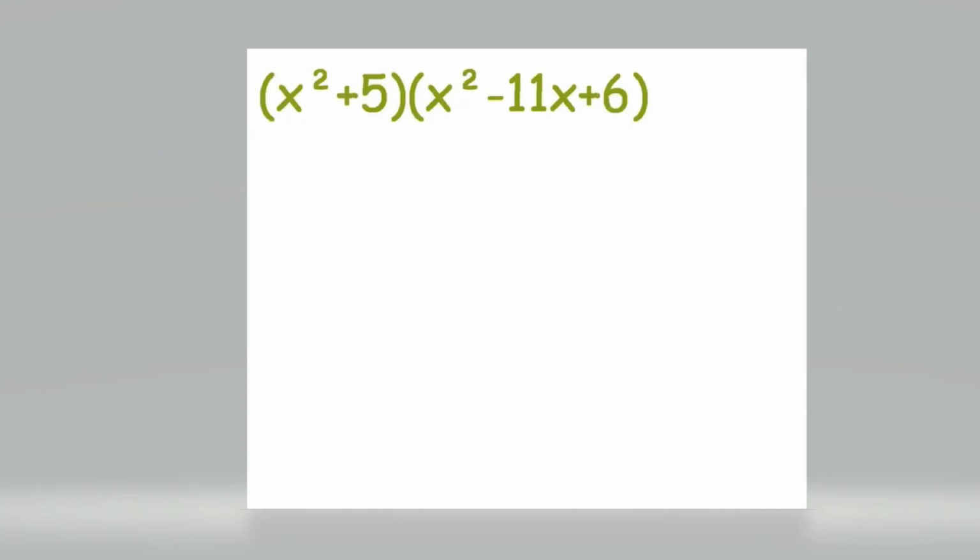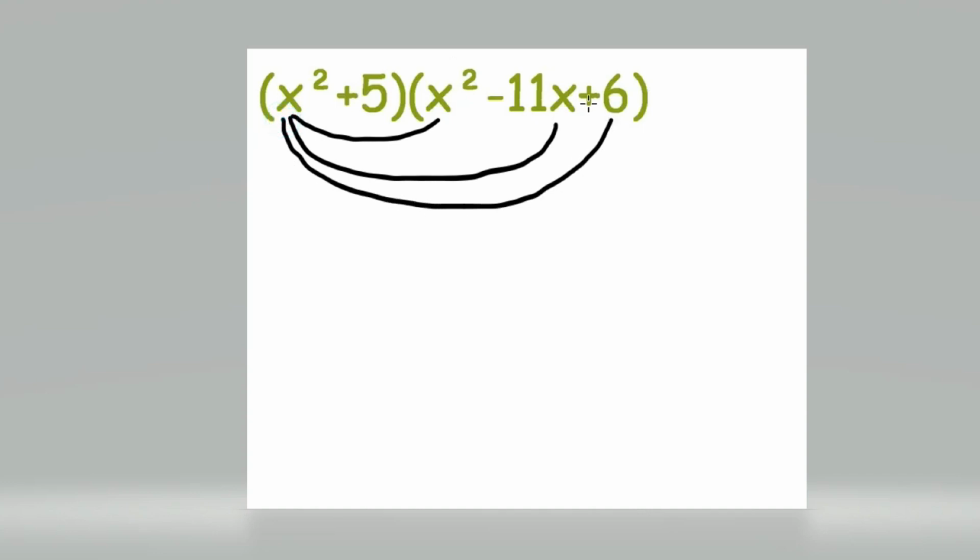So, first thing is to make sure ma-multiply yung terms sa kada term sa kabilang expression. So, x squared, dito, x squared to 11x, then x squared to 6. Same goes with 5. Distribute lang talaga siya. Yan. Then, we can now proceed on with multiplication. So, x squared times x squared. So, dahil parehas na naman siya ng variable,